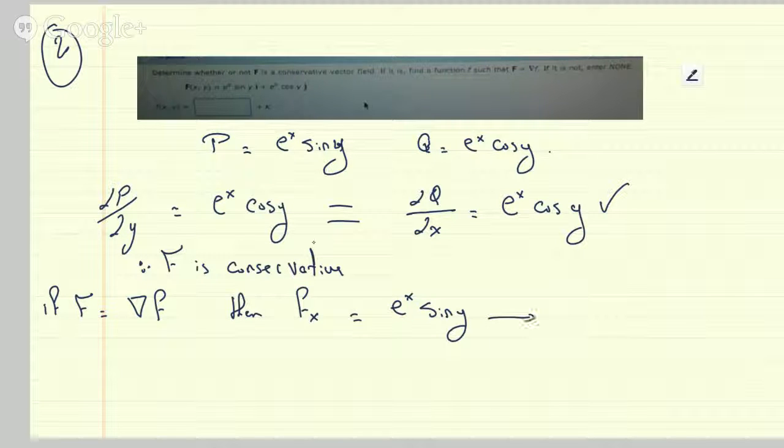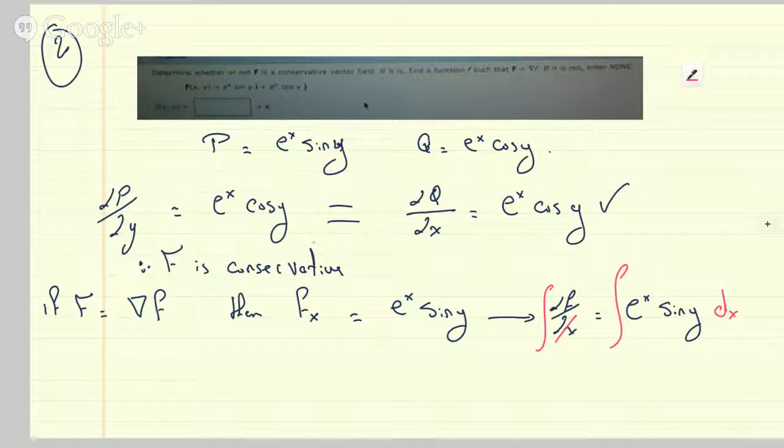Because f_x, meaning df over dx, is equal to e to the x sine y, I can integrate both sides with respect to x, and the integral and the derivative go away, and so I would get f to equal